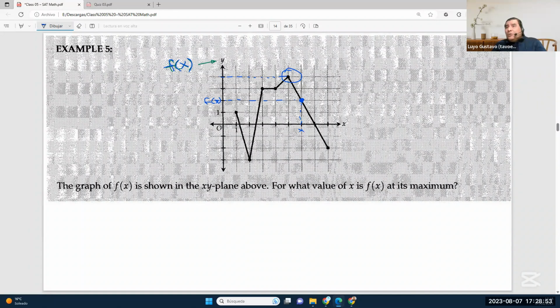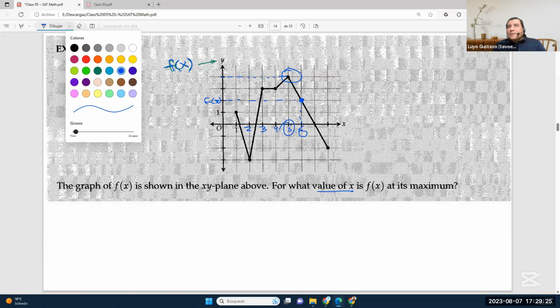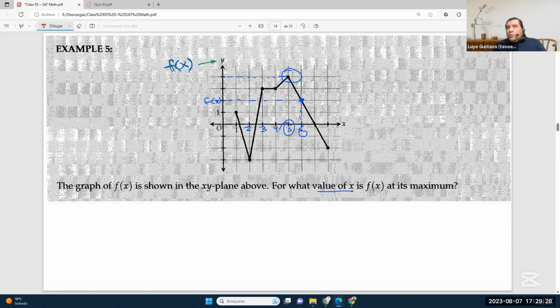And this top value, to which value of x, that is the horizontal position on the x-axis, corresponds? Well, if each of the boxes in the grid is 1, then we have 2, 3, 4, 5, and this would be 6, right? Okay, no, here, 5. 6 doesn't correspond to the maximum. So you can see clearly that when x equals 5,